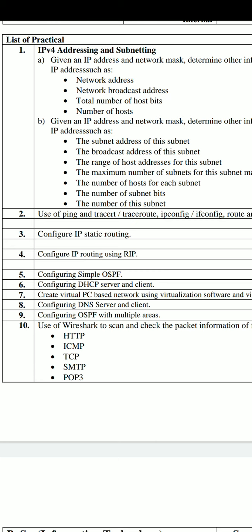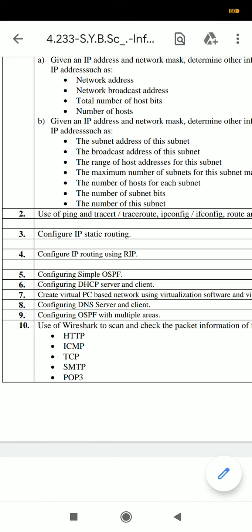Whenever we want to send data from one device to another, the data will not go directly to the receiver. It will go to some other devices, and from those devices it will reach the destination. So there are different routes by which the data can reach the destination.